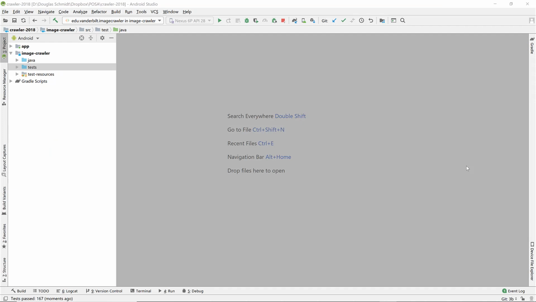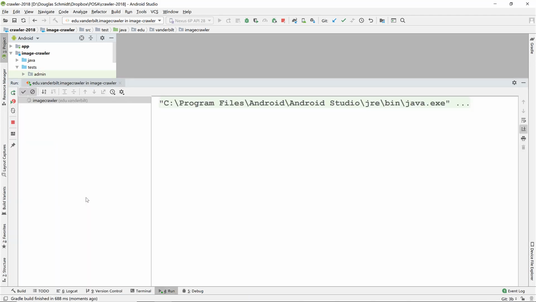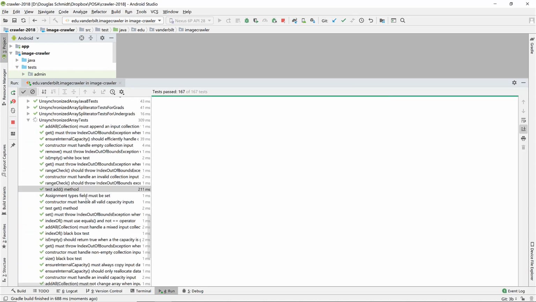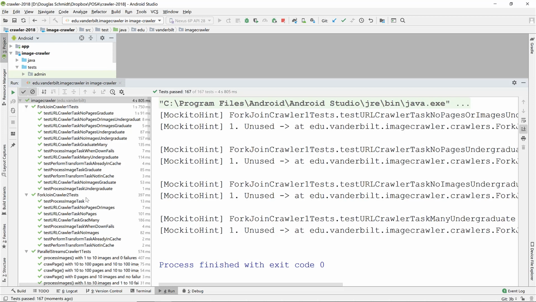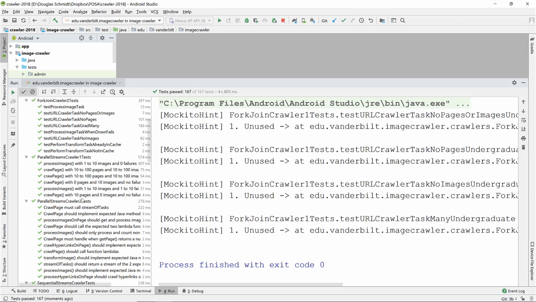So now that we've walked through the specification and the skeletons for assignment 3B, let's go ahead and show what happens when you run the tests. So as usual, you go to the test folder and run the edu Vanderbilt image crawler tests. And as you can see, these tests are intended to be cumulative, so they'll run all the tests from assignment 1, all the tests for the different variants of assignment 2, the tests for assignment 3A, and so on. And if all goes well, you can see that we'll test the fork join crawler 1 implementation, we'll test the fork join crawler 2 implementation, we'll test the parallel streams crawler 1 and 2